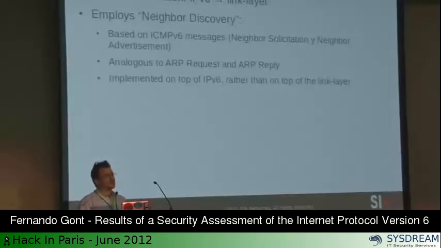And the key difference between the two is that in the case of neighbor discovery, since the protocol runs on top of IPv6, these messages can, for example, be fragmented and so on. That's a key difference when you compare that with IPv4, because since ARP runs on top of Ethernet, for example, the ARP packets cannot get fragmented, so the traffic is very simple. However, in the case of IPv6, since these ICMP messages run on top of IPv6, you can get fragmentation. Those packets may employ extension headers and so on.